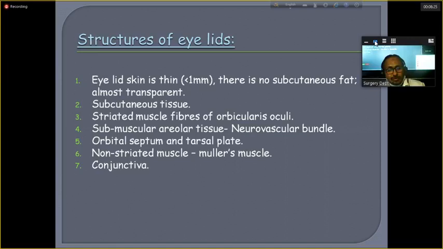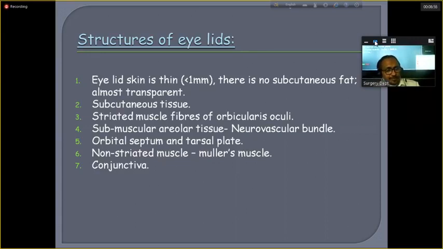Orbicularis oculi muscles have an orbital part and a palpebral part. The palpebral part is in the eyelid, which helps to close the eyelid, and submuscular areolar tissue, that is neurovascular bundle,